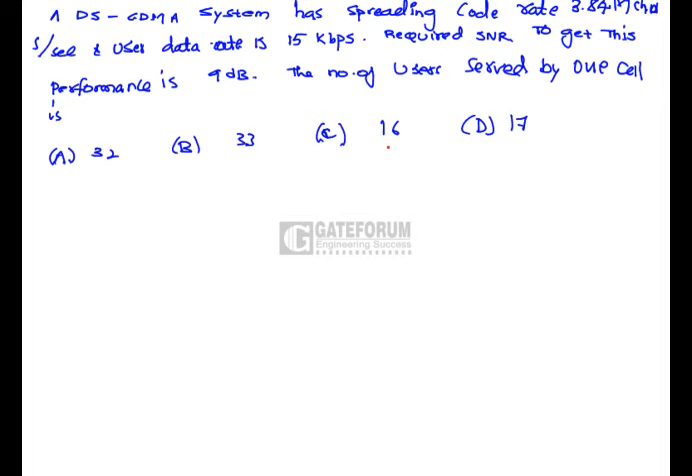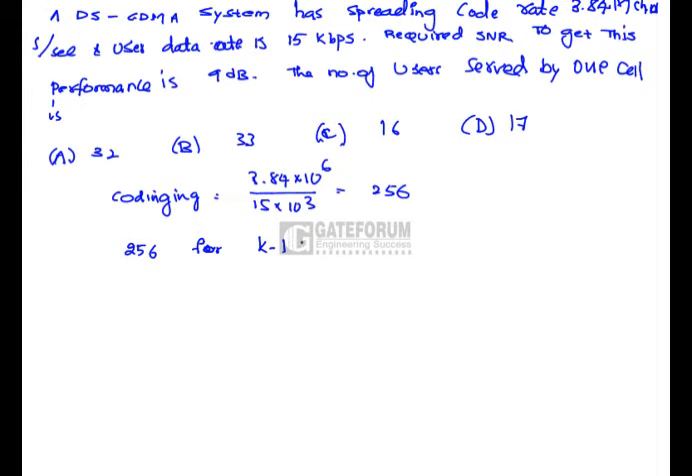The system has a spreading code rate of 3.84 megachips per second, the user data rate is 15 kbps, and the required SNR to get this performance is 9 dB. The number of users served by one cell is asked. Here the coding gain is nothing but 3.84 into 10 power 6 divided by 15 into 10 power 3, which equals 256. That is 256 for k minus 1 users,